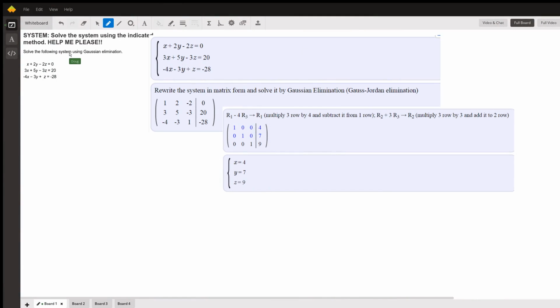There is actually an online Gaussian elimination calculator that you can use to solve this problem, and it shows you all the steps. Here is your system of equations right here, and you enter the coefficients. You'll see this on the last board of this video,